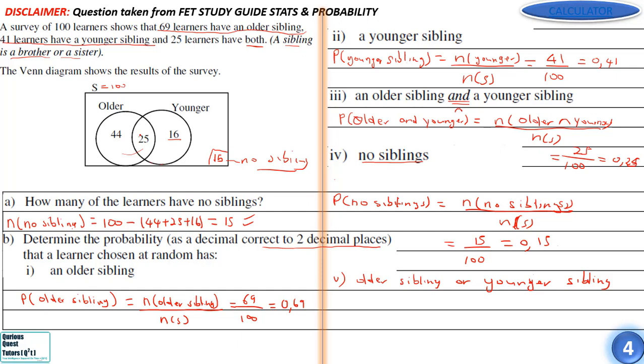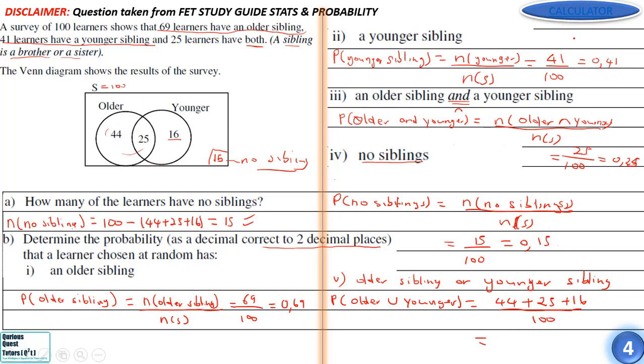Well, I hope you remember from the previous session that if we are asked for or, we would have to add up all these terms. So that's what we would do. We would say the probability of older or younger would be given by 44 plus 25 plus 16 all over 100,